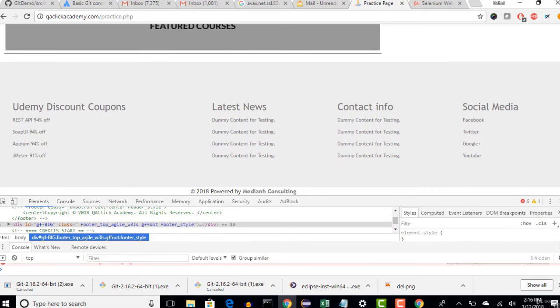Please check it out because AngularJS elements are completely different, and they have recently released version 5. With that, it's a little difficult with Selenium. You can do it, but you have to write a lot of XPath and CSS. But with Protractor, it's damn easy. And I'm sure that in coming days, Protractor will give tough competition to Selenium for specific Angular websites. If it is not Angular, then no one can beat Selenium for sure.